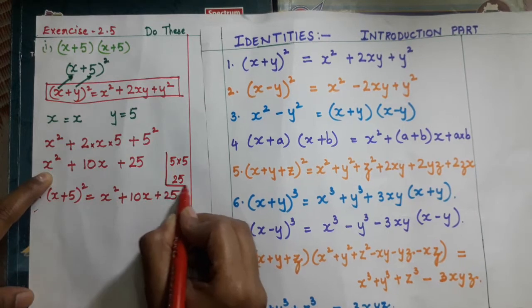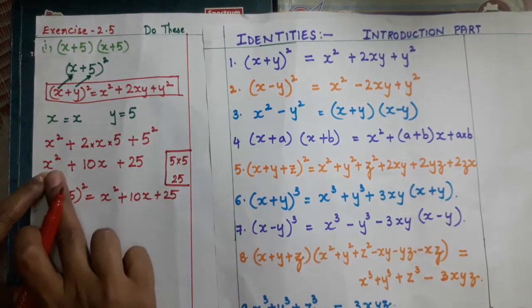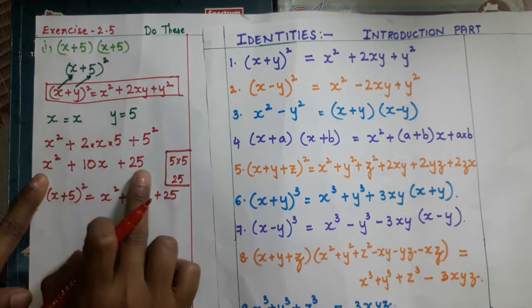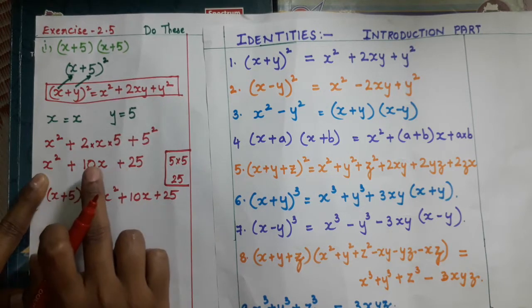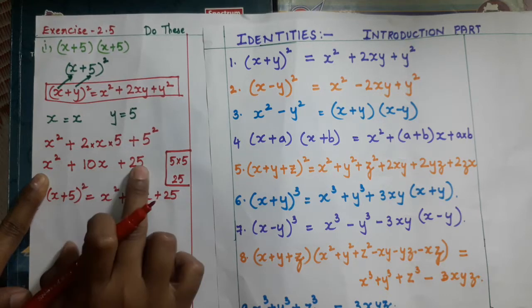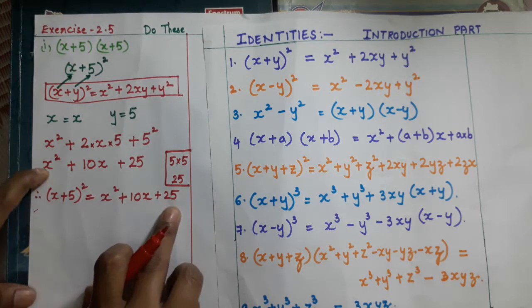This is your rough column. Here we should not add these all children, because here square is there, here there is no square. So we should not add. Here x is there, for 25 x is not there, so we should not add it. Now we have to leave it as it is.